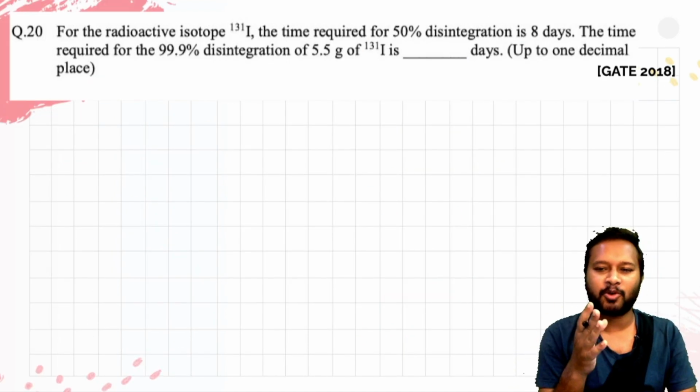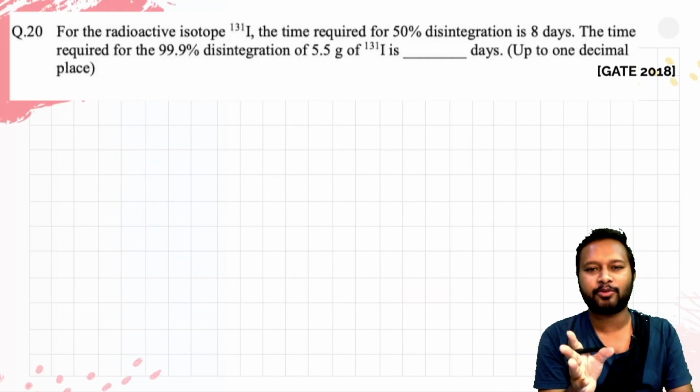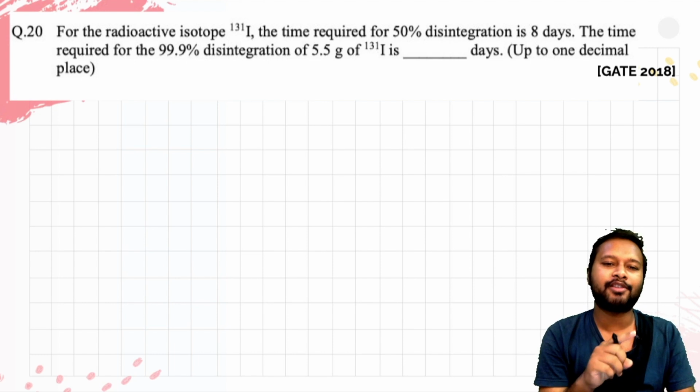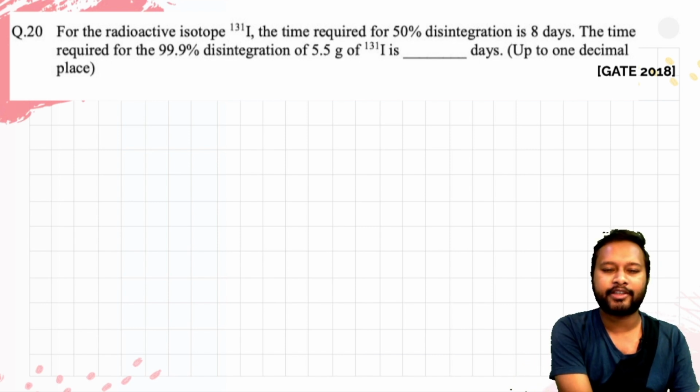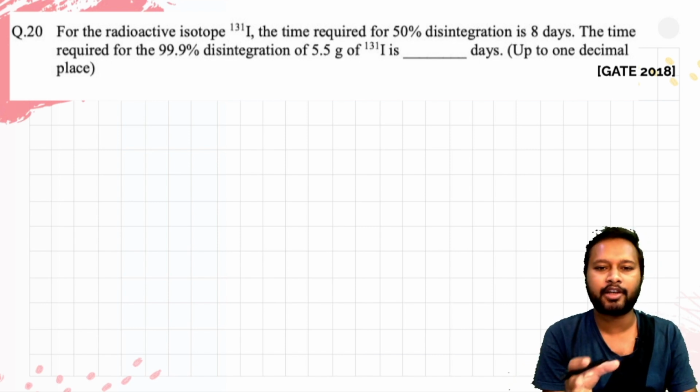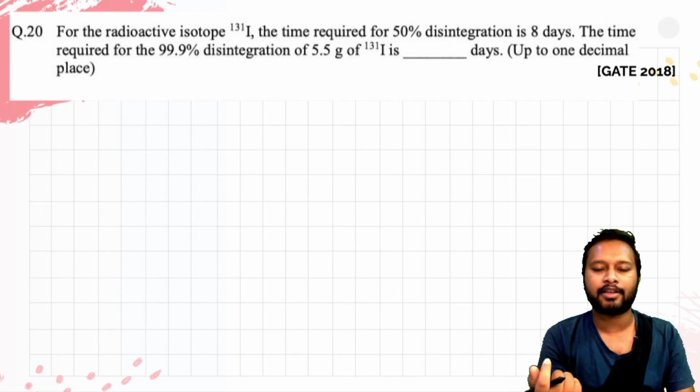All right guys, let's talk about this question here. This was asked in GATE 2018 exam. The question is upon nuclear chemistry, and for nuclear chemistry questions, I'll not make a separate video. So I just thought that the numerical portion of nuclear chemistry, let's include it over here, because obviously you are going to use the expressions of your rate constant to find out the rate of the reaction in this, right? The expressions are quite similar, just the same as your first order reactions. So that's how we are going to use this.